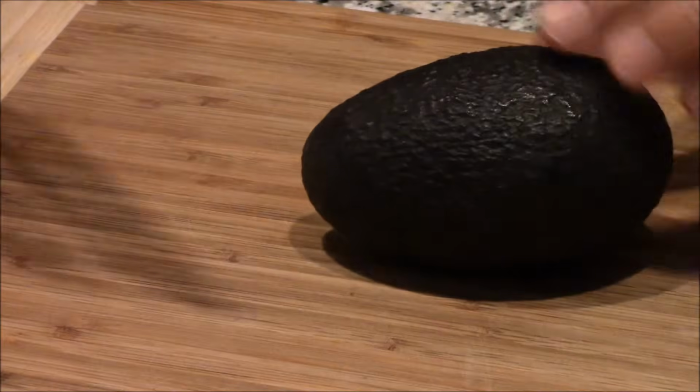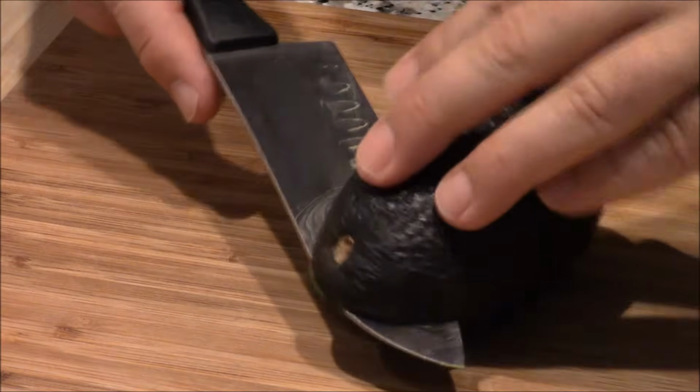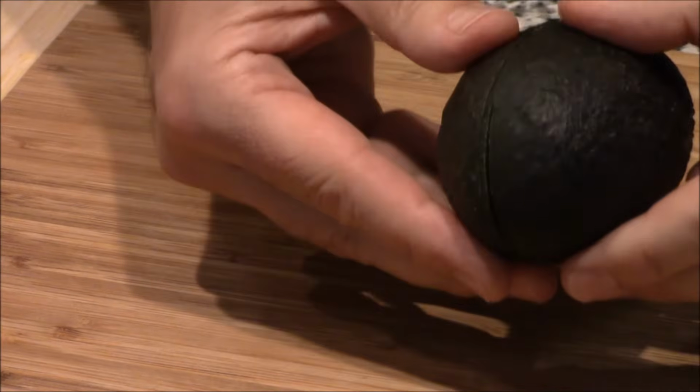This is an avocado. I have videos about avocados, how to eat them, but today I'm going to show you the fastest, simplest, easiest way to eat an avocado. It's so simple, you won't believe it. Check this out. So what you're going to do is take it and run the knife around it like this. As simple as this. Then you're going to twist it